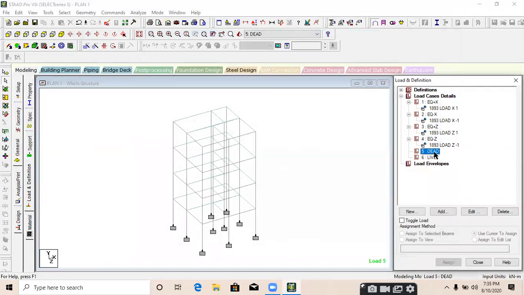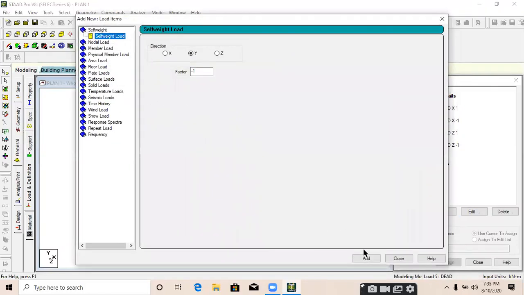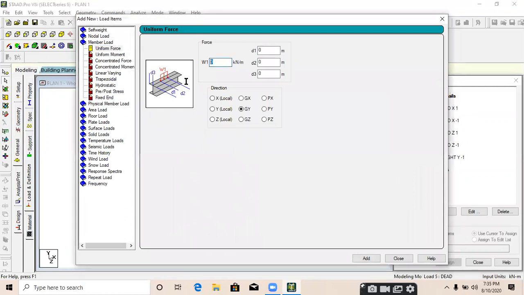Then go to dead load, add, assign a self weight as -1 factor, member load uniform force, provide -14 over here, -6 for inner wall, and -2 for parapet wall.